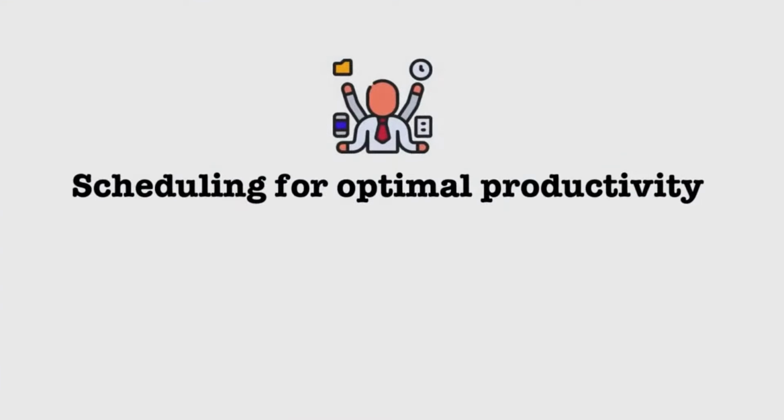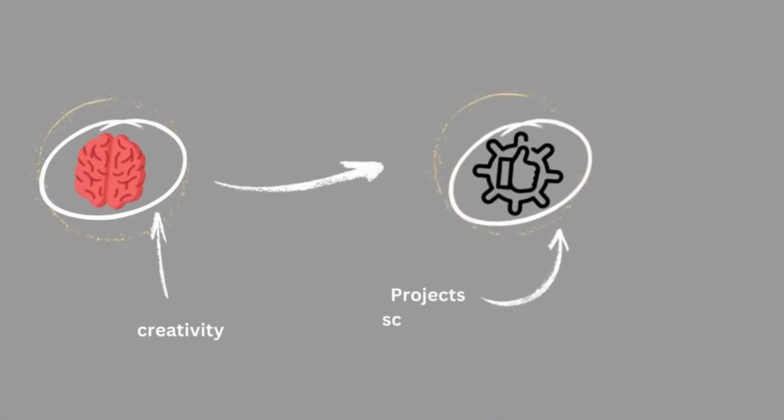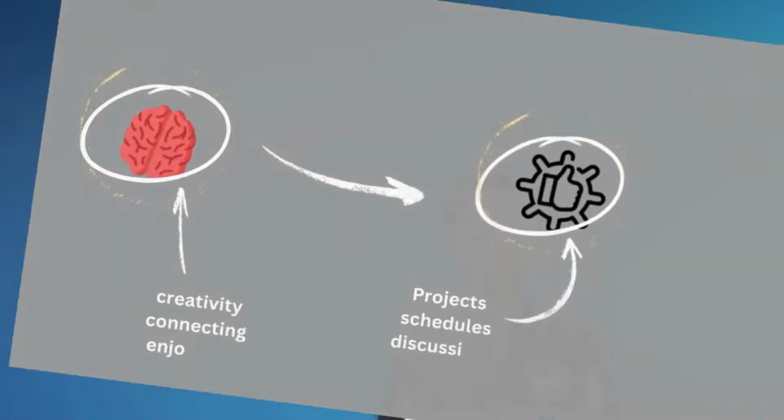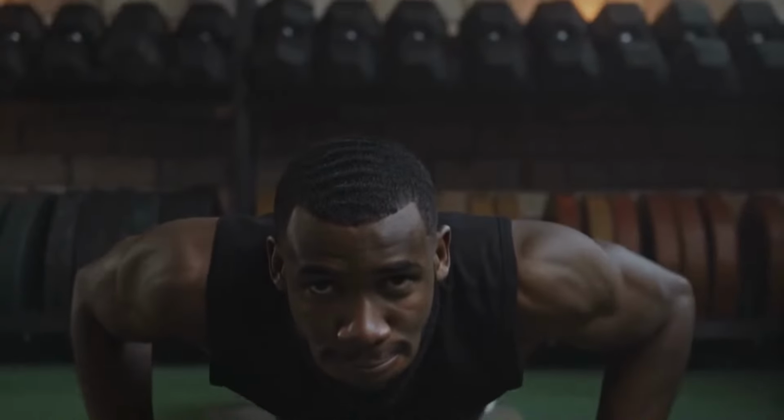Well, this is the most interesting part: how to schedule your day for optimal productivity. Schedule the most important tasks for the hours you have the most energy. For example, according to research, for most people, morning is the peak energy time. Trust me, this is apt for me as well.